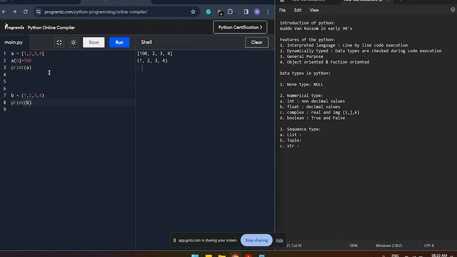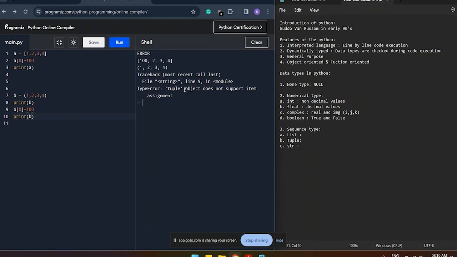But what if I do the same operation on the tuple? If I print that tuple, we are getting an error at line number 9. And what is the error? That is a type error, does not support item assignment, right? So the key difference between list and tuple is that the values in a list can be changed or modified, but values in a tuple cannot be changed or modified. You're getting my point?